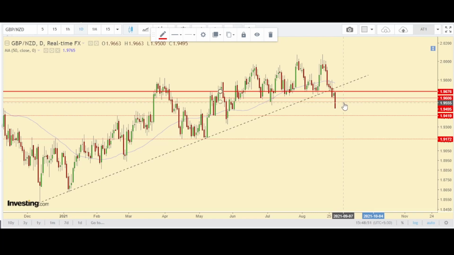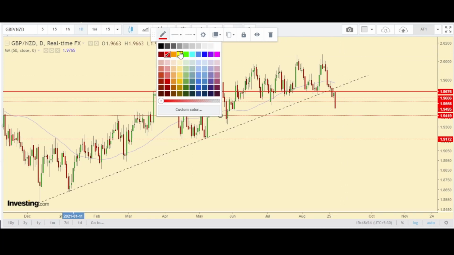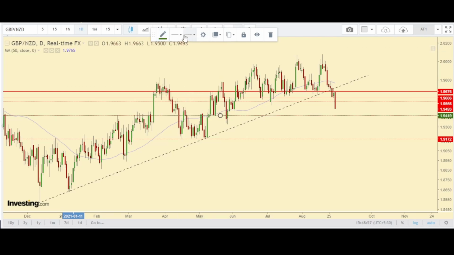These two are our entry levels, and then there will be a take profit area which will be approximately around 1.9420, and then the second one will be around 1.9180, approximately 1.9170, 1.9180. Slightly higher levels of take profit orders will be good, so that it will ensure your orders are triggered. Okay, so for me, this entry level, that is 1.9550 and 1.9600, average comes around 1.9575, and